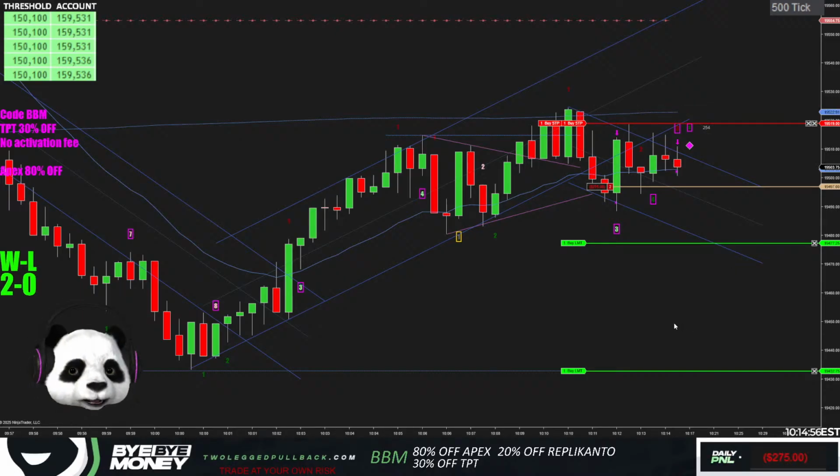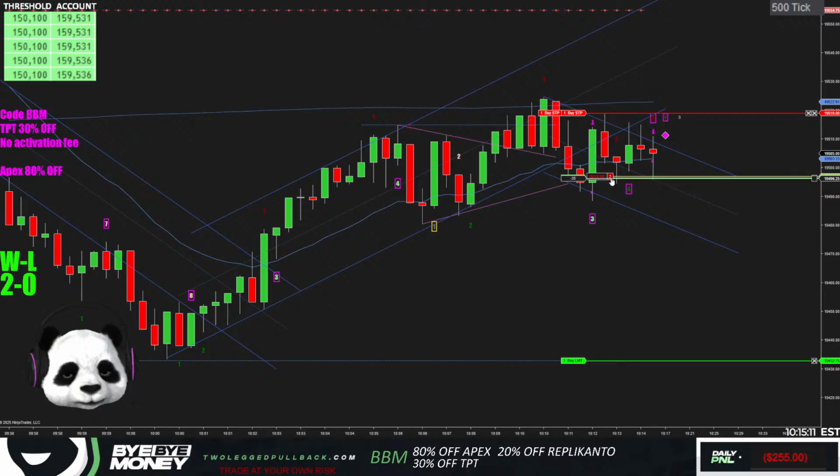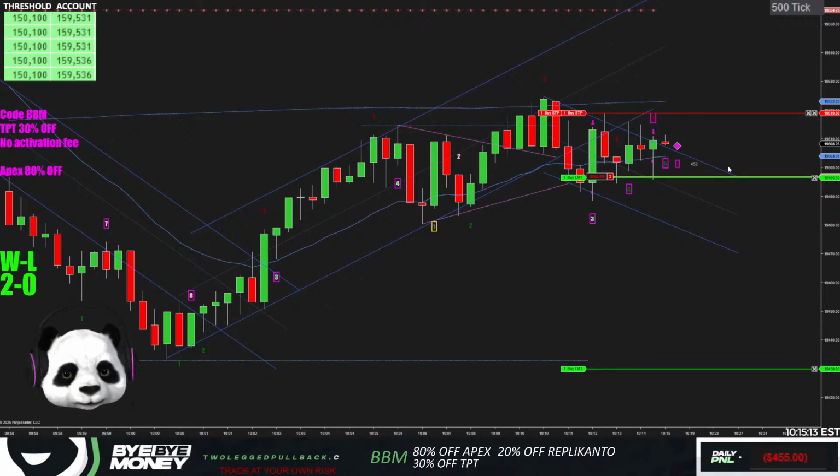I'm going to take the hit here. If it comes back up here, if it can't go any further down than this, then it is what it is. If I can't even come out break even here, then all right, come out break even at least. That's what traders were doing. Come out break even there. Yeah, I lost my chance. It did allow me to come out break even there.